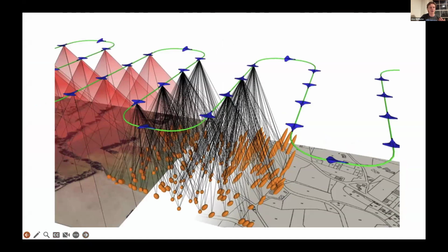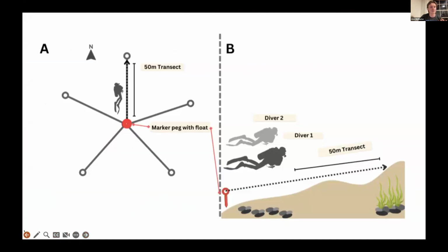They measure, sorry, I'll just jump back. Yeah, just a message there. Could everyone just make sure their